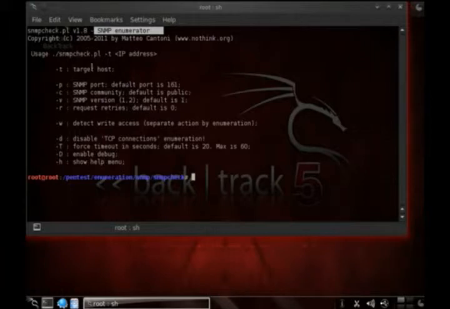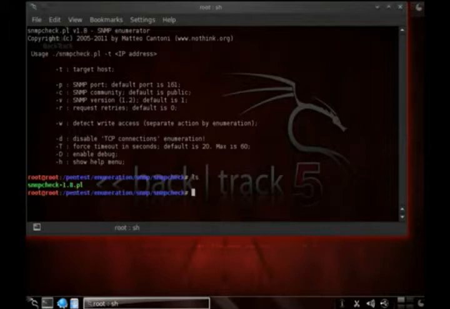Now, as you can see, the usage is the SNMP check. However, if we do a listing, you can tell that it is actually snmpcheck-1.8.pl. Very easy to use. You need to know, of course, the IP address and the community string as well. So the way we would do it is something like